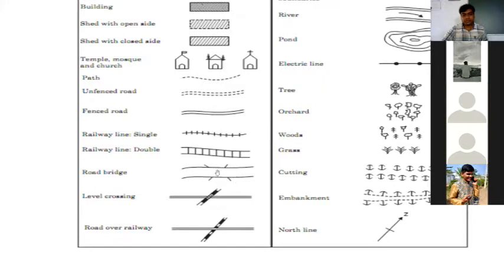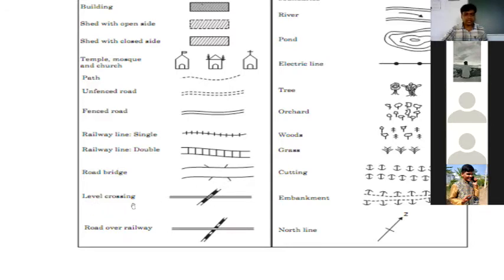On the bridge, if you're going to lay a road, this is how we're going to show it. These 4 legs, 1, 2, 3, 4, indicate a bridge, and on that we're going to lay the road. So this is the symbol we use for a bridge in the map.